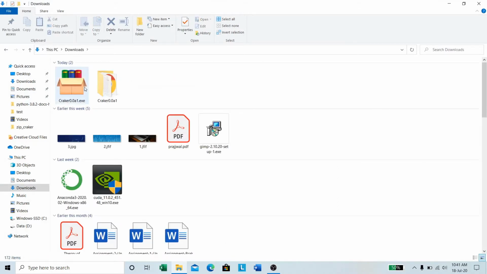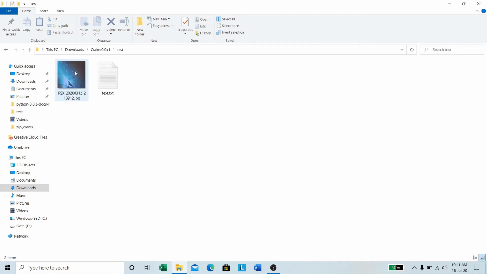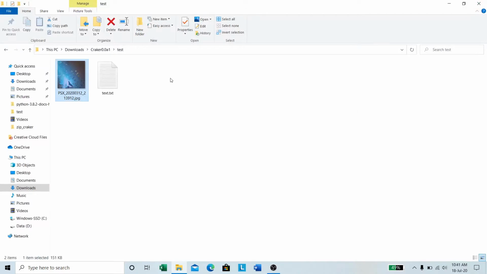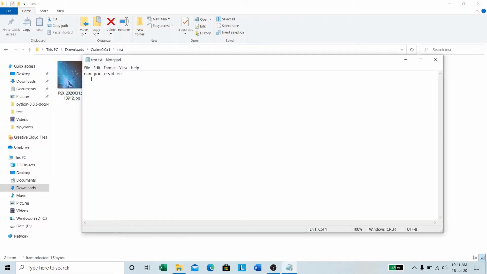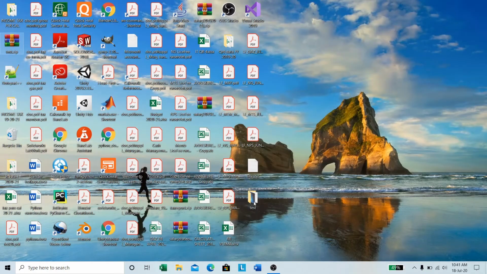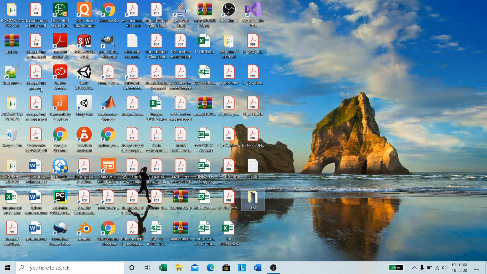As we know, it is in downloads, cracker 0.0a1, and here it is, the test extracted folder. As you can see, everything is fine, everything is readable. It is same as this file. Mission accomplished.